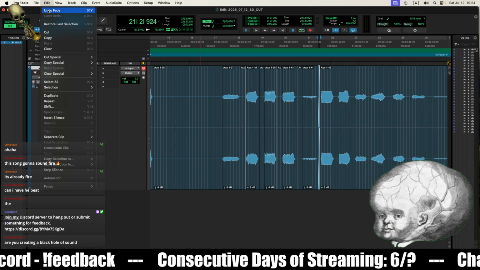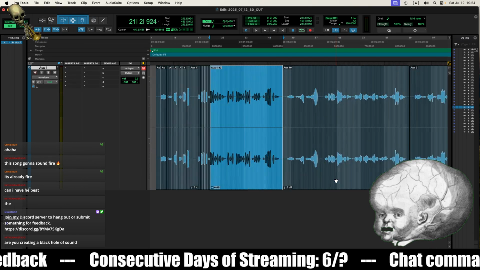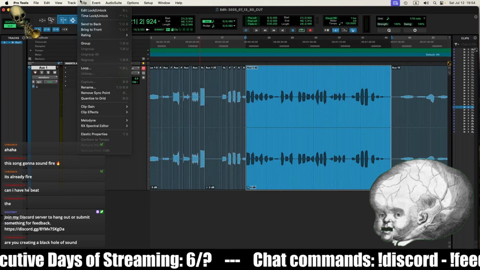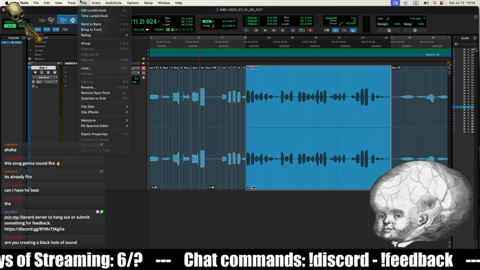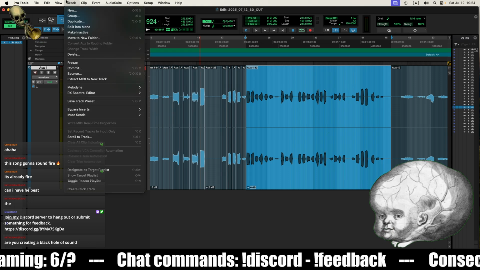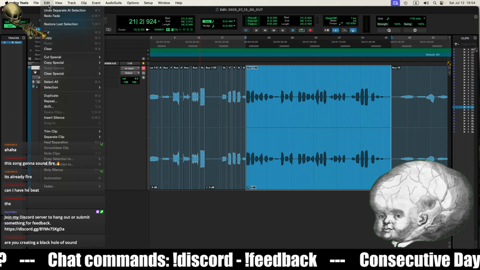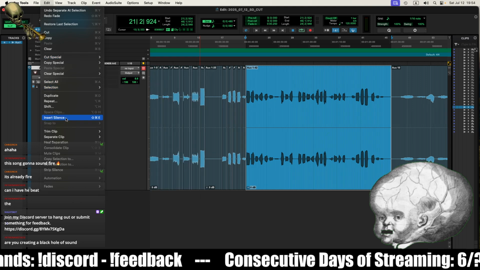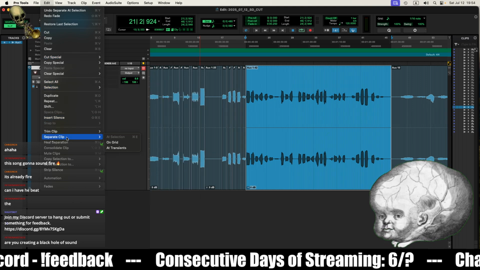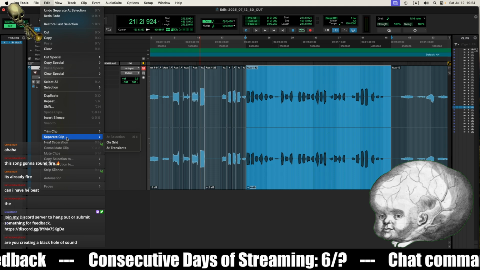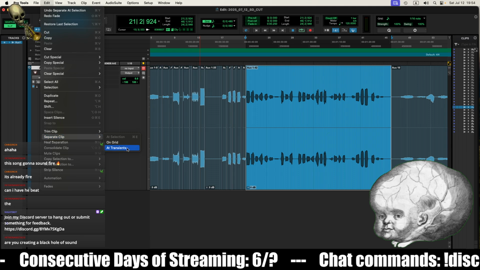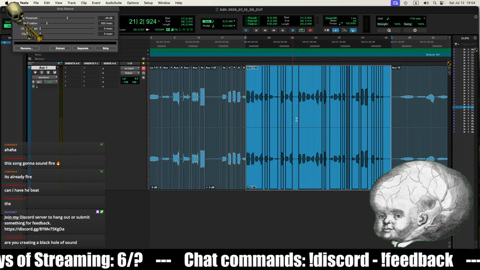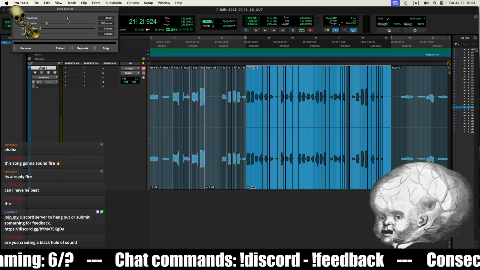Oh, and it undo. Maybe there's even a better method, because you clip, remove, edit, cut special, selection, duplicate, shift, insert, trim, separate. Oh.